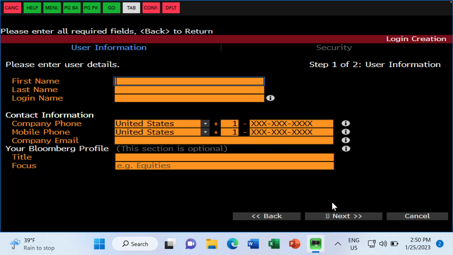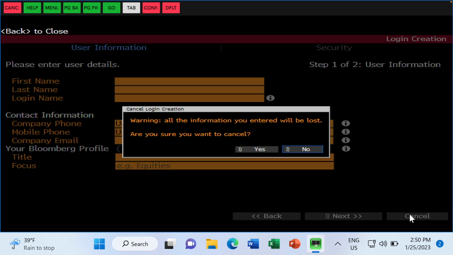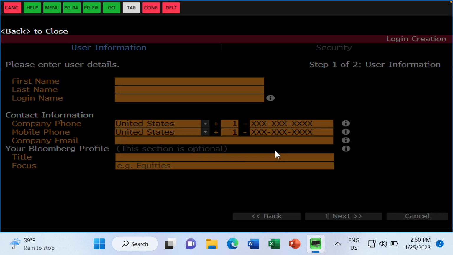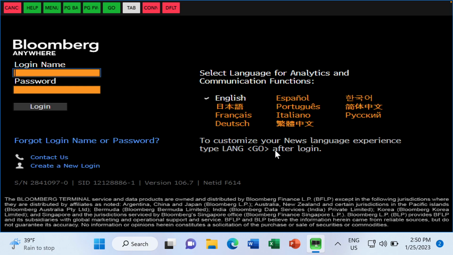All right, so that's how you create a login. Hopefully pretty straightforward. Once you're able to create a login, which again, you can do on one of the other terminals in the general lab downstairs if you want to get a head start, and I'll make an announcement as soon as IT fixes this, you'll come back to the screen and log in by typing in your username and your password.